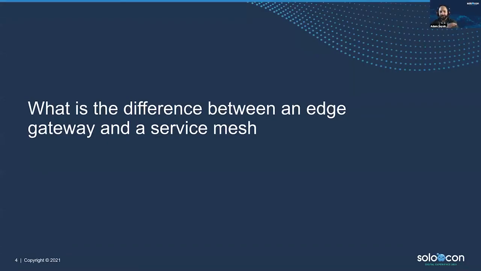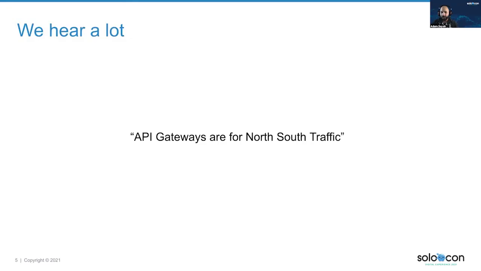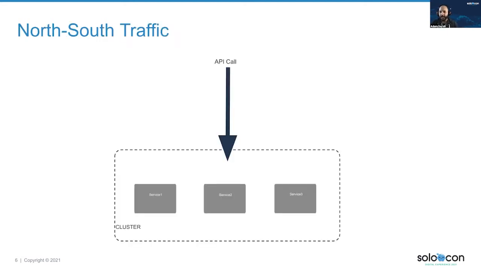Right, so let's start. First, what's the difference between an Edge gateway and a service mesh? We hear a lot this saying that API gateways are basically for north-south traffic. And we're defining north-south traffic as everything going inside your cluster from a client. So if you have a mobile phone and an application calling your cloud service, that type of traffic is your north-south traffic, coming from outside to inside